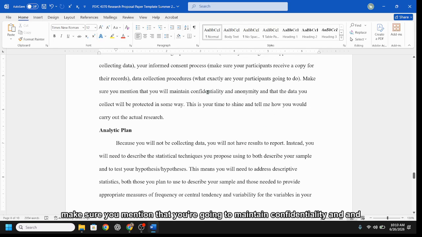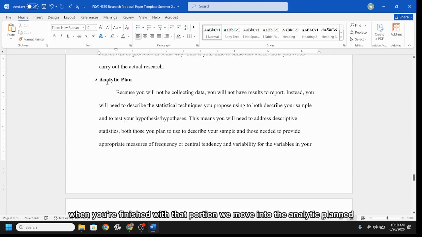Make sure you mention that you're going to maintain confidentiality and anonymity, and that you're going to protect your data somehow. And this is where you really get a place to shine, and tell me exactly how you would carry out this research. When you're finished with that portion, we move into the analytic plan,